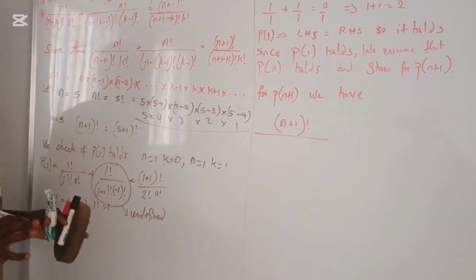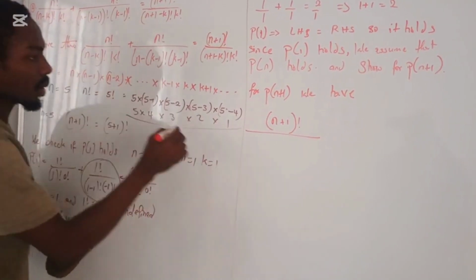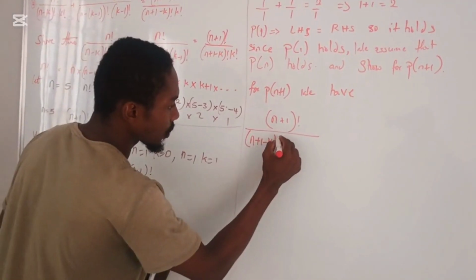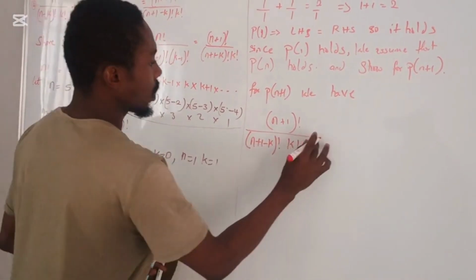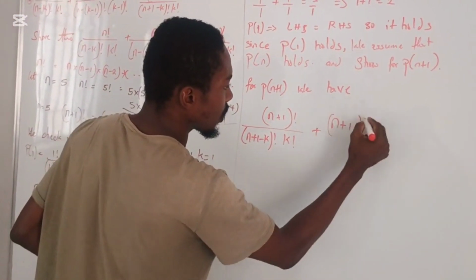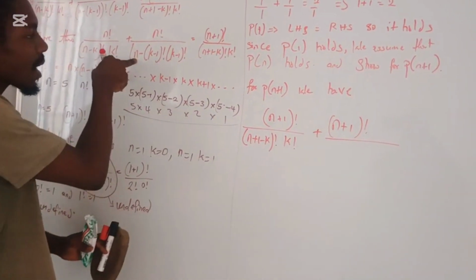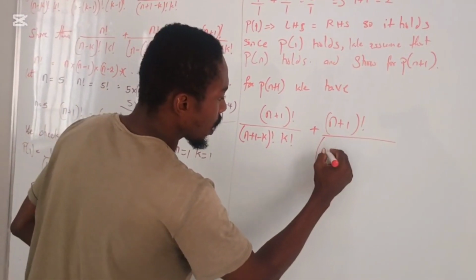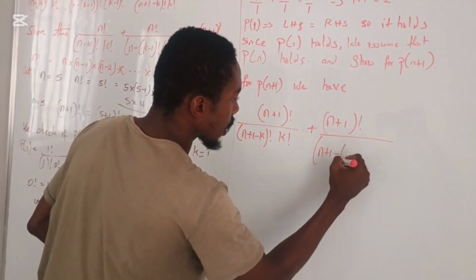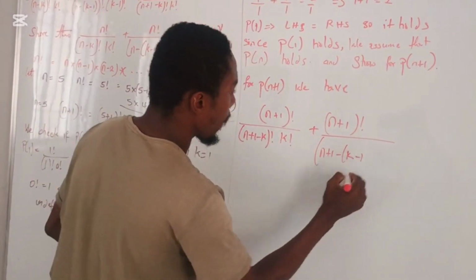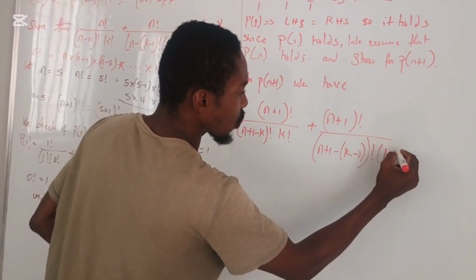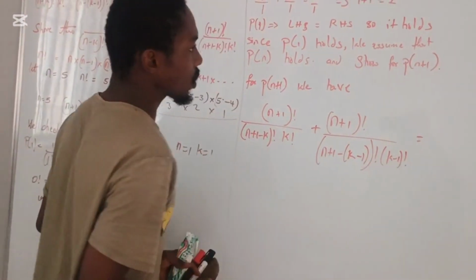Whenever we see n, we replace it with n plus 1. So this is (n plus 1 minus k) factorial, k factorial. Now plus, this is (n plus 1) factorial all over (n plus 1 minus (k minus 1)) factorial, (k minus 1) factorial is equal to